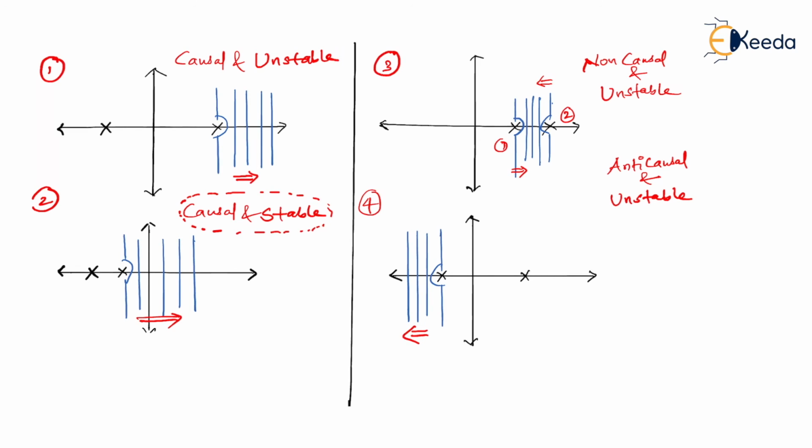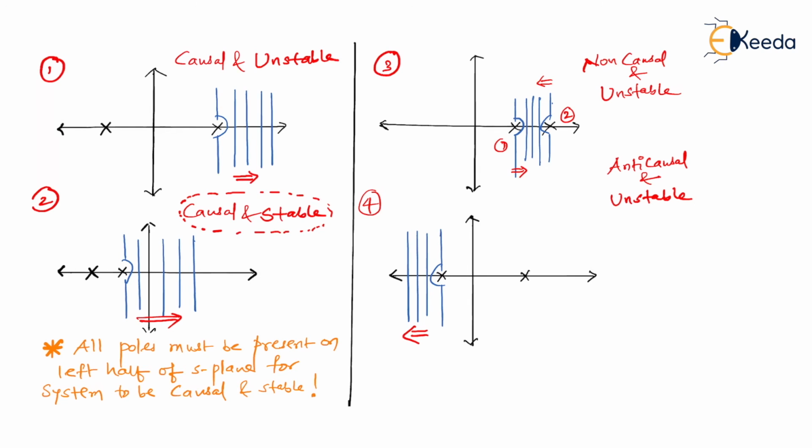And therefore in control system you might have seen that you always prefer a stable system, where you consider all the poles should be present on left half of the S-plane. So I hope you got the point, and now you are enough eligible to identify causality and stability of the system based on ROC of H of S.